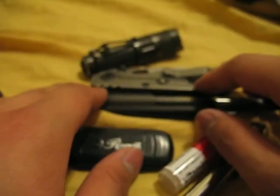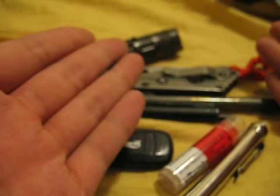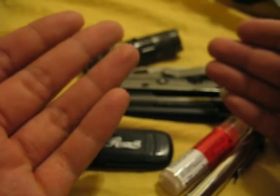So I'll have a couple more review videos later. I realized I've had the Spyderco Sage 1 with the carbon fiber scales for a long time, but I never did a review on it. So I'll probably do a